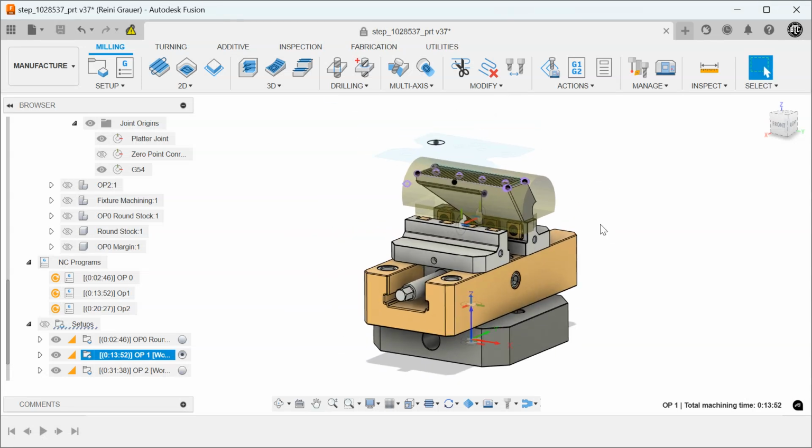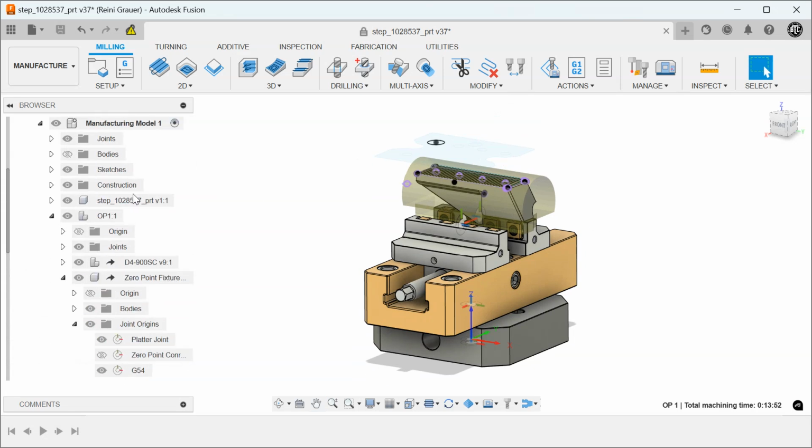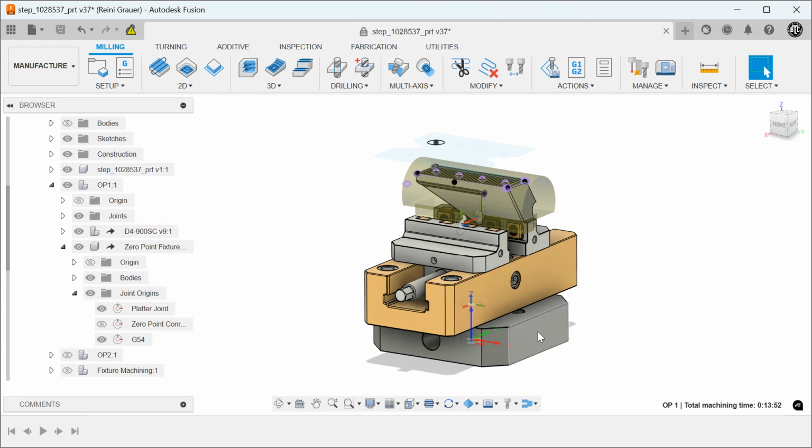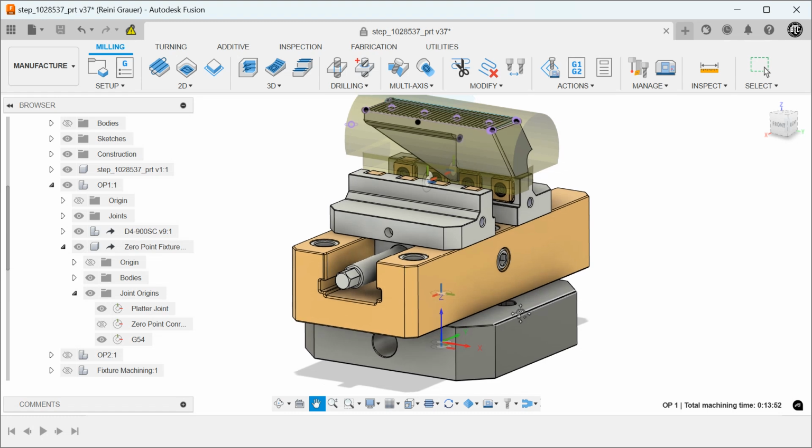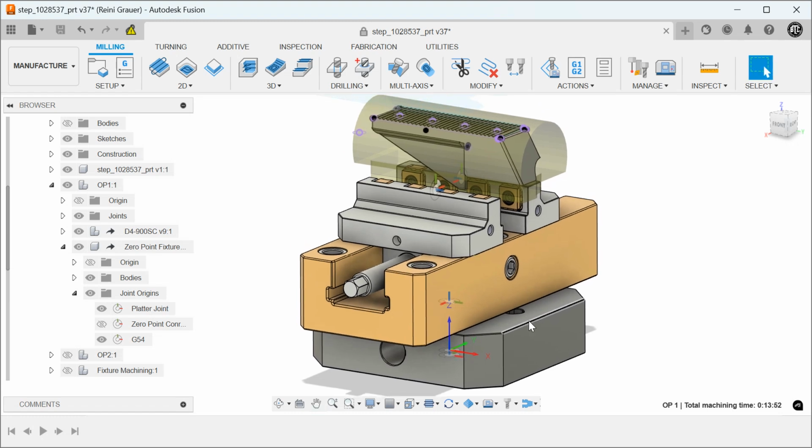All right, so this is something I found in Fusion that I haven't seen anybody else using, but it's a pretty powerful feature. If you have a 0 point fixture on your machine and this thing never leaves, and you always end up importing it into your manufacturing model and setting the work order system from it, there's a pretty simple way that you can define the orientation and the point for the WCS in this model that